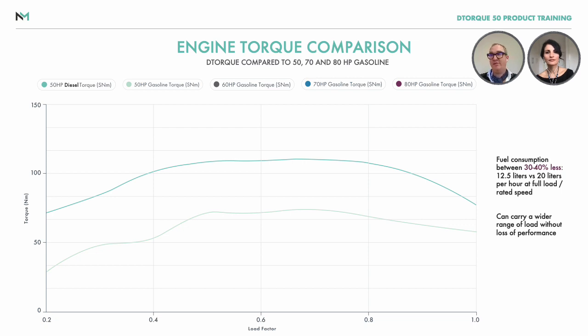will carry different payloads, they'll have different types of hulls, and all of those complex parameters will require a different propeller. And the very simple process is you fit the largest diameter and pitch propeller you can on the vessel, but still maintain maximum speed and load. Or in our case, we recommend between 3,800 and 4,000 RPM. So if you do that, you'll get the best performance in terms of fuel economy and the highest possible maximum